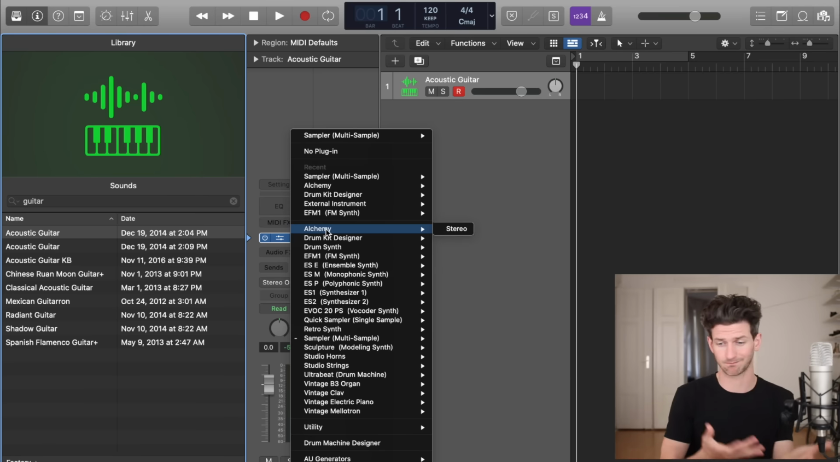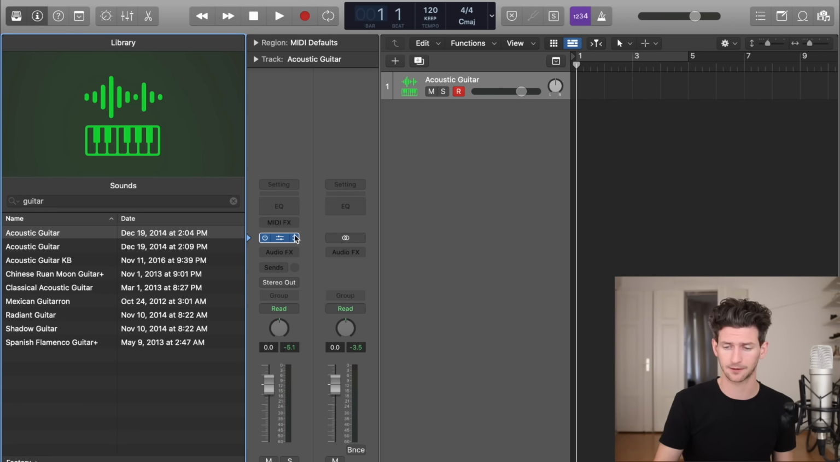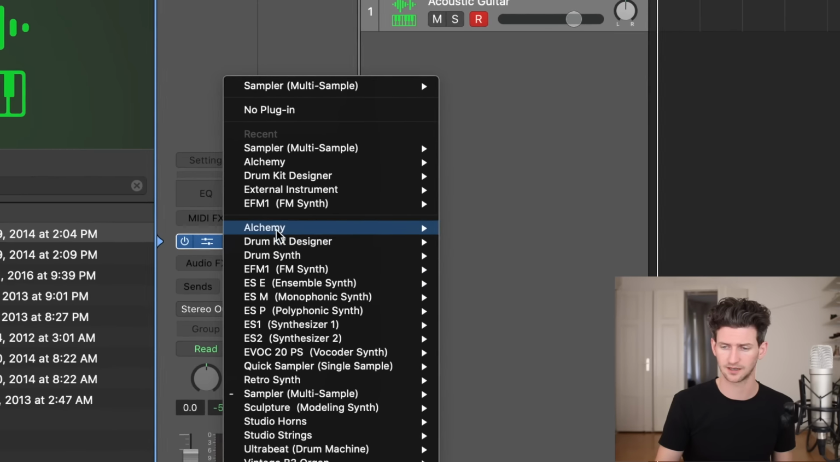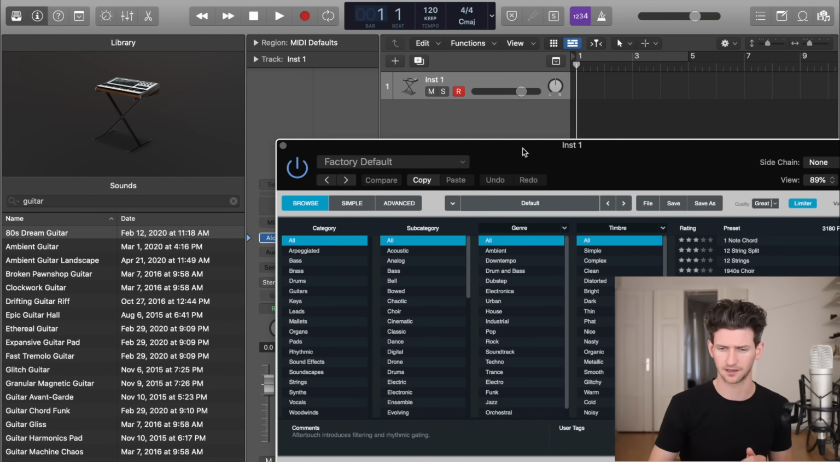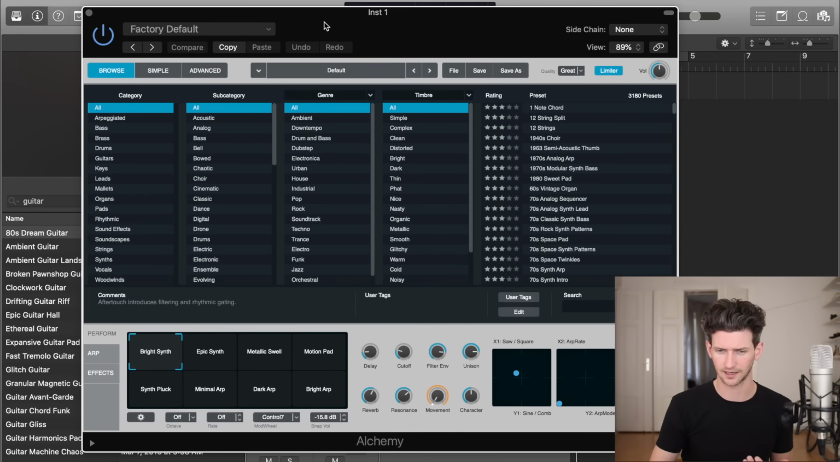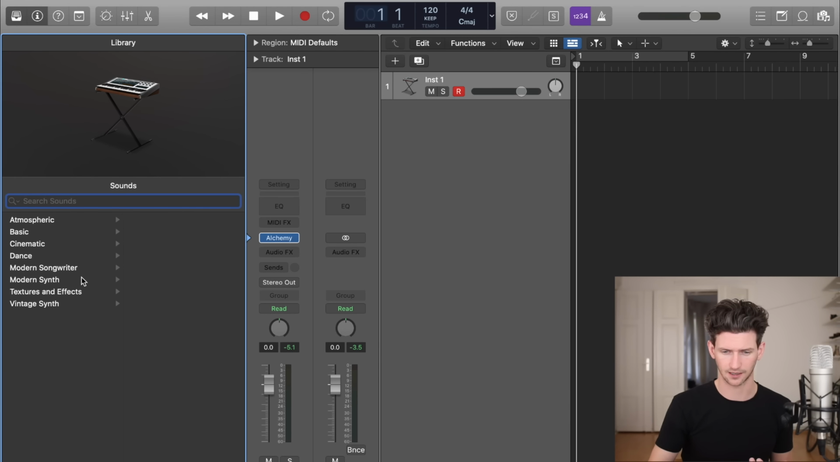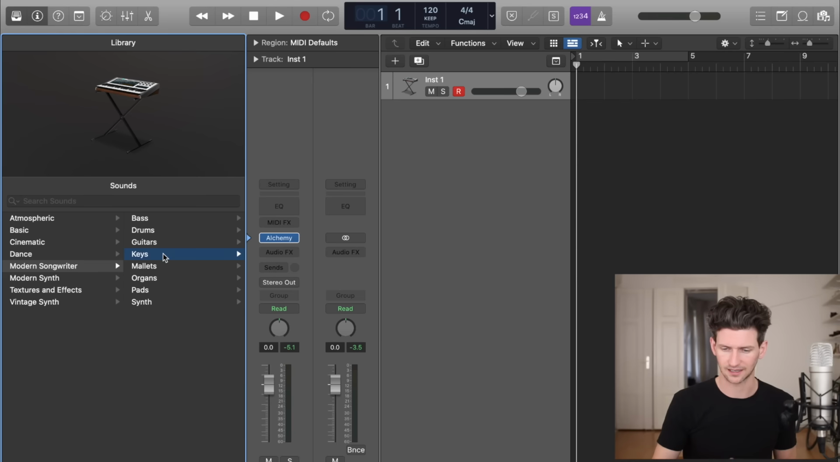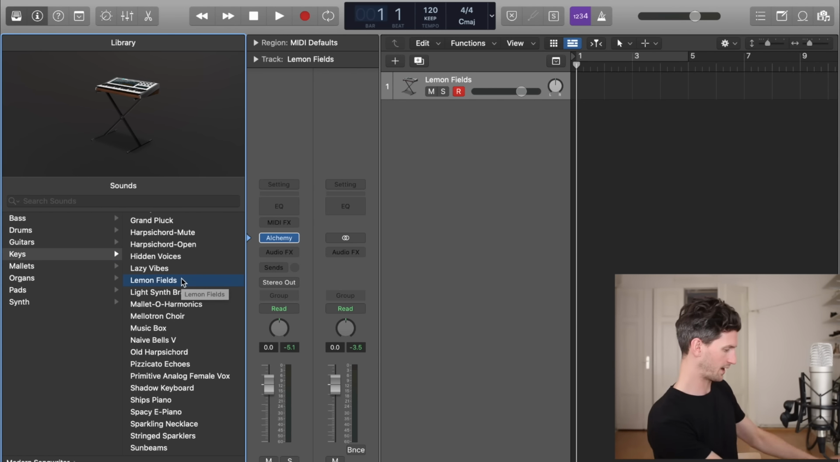Alchemy is the most popular synth that Logic comes with. And so let's take a look at that. We can go back here and click on the up and down arrows, go to Alchemy Stereo, and then we'll bring another box up for us. And this is what the Alchemy synth looks like. We can close this down again and go to the side here. Here's the Alchemy synth. I can go in and click keys and then look at Lemon Field's keys, go right away and